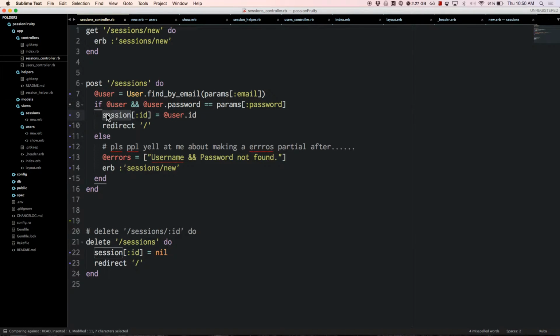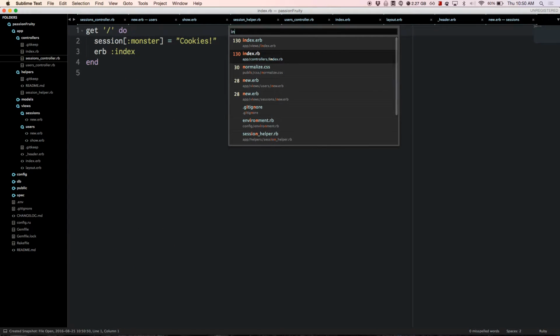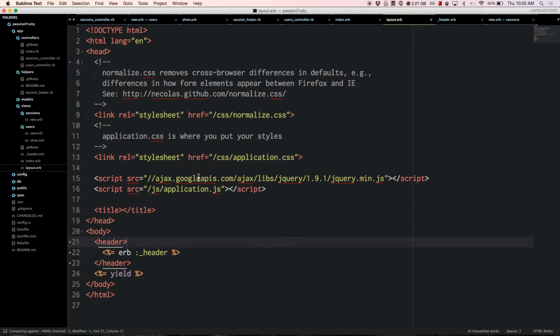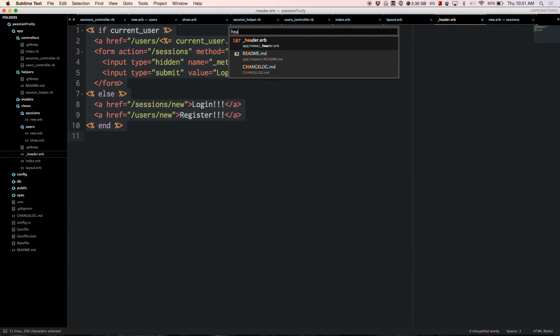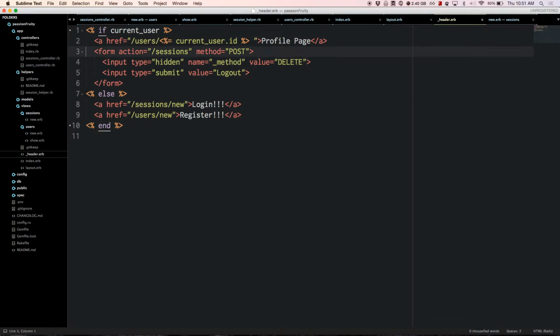If those work out, same line of code here, creating a session, logging them in, redirecting them back to the root page. We talked about creating your first partial, which we put on the home page, underscore header. Within the header file, we have the form, which is going to a delete route. This should be quickly becoming second nature, this ability to hit non-GET and POST routes